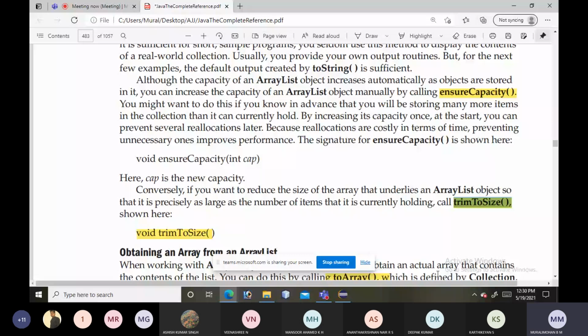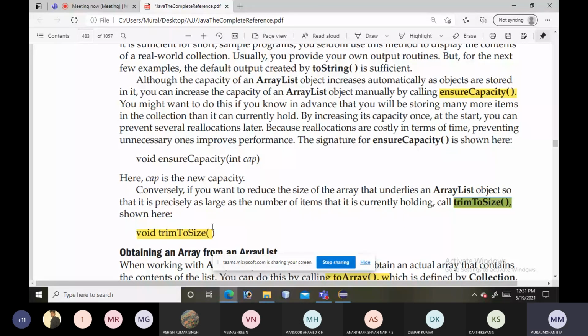We can reduce the size of the array that underlies an ArrayList object so that it is precisely as large as the number of elements in the ArrayList. So how to use it? void trimToSize().